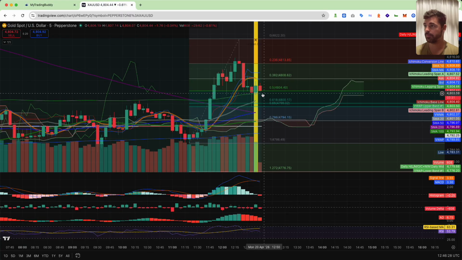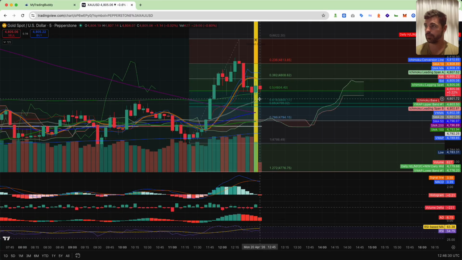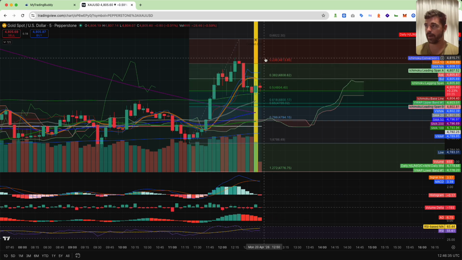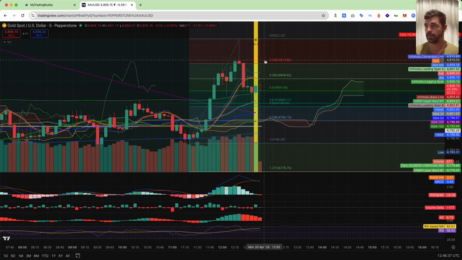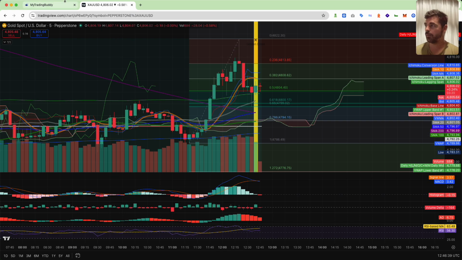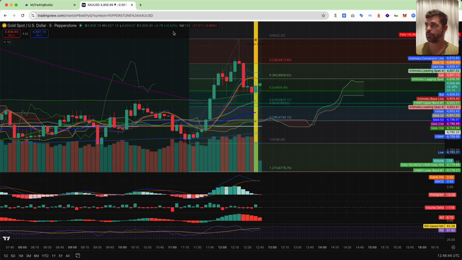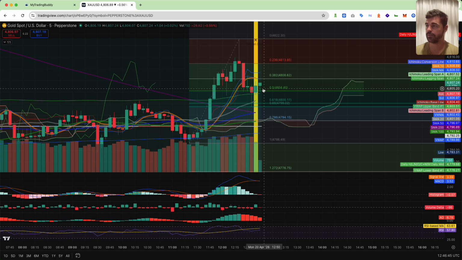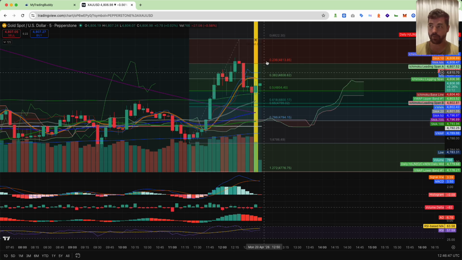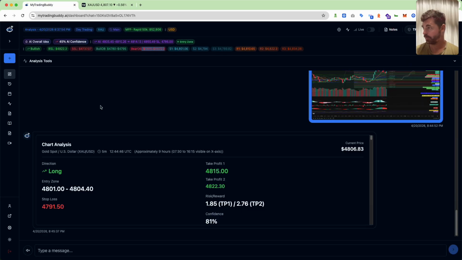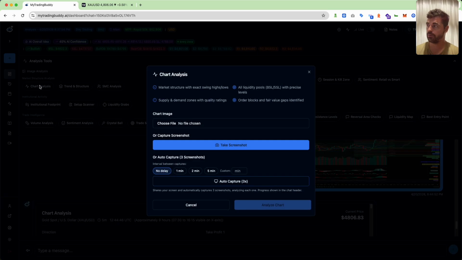We should see buying in this area if this long idea is still valid, to come back up here to get this 814. But if you remember, there is a bearish order block in this area, so we'll see how it reacts to it. And yeah, hopefully that made sense. Very simple. You just got to click, take a screenshot, send it in,